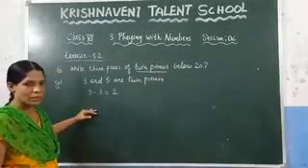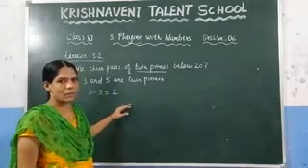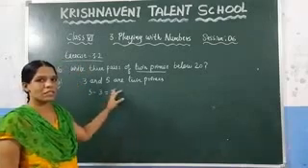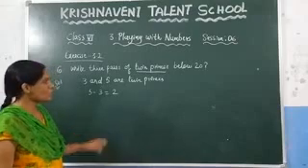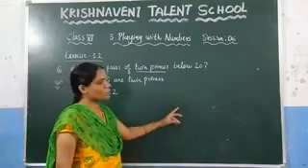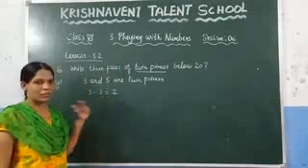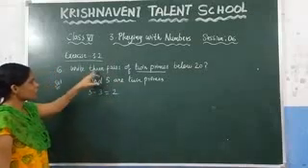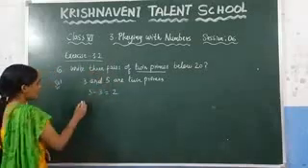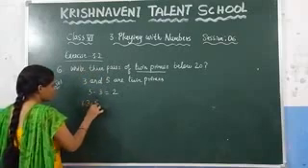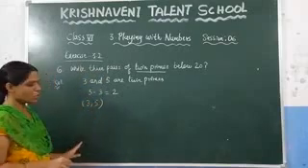What is meant by twin primes? If you consider any two prime numbers, if the difference is 2, then we can say that those are twin primes. Similarly, they said that you have to take the numbers below 20. You know that 3 and 5 are below 20. Now, you need to write 3 such pairs. One is 3, 5, right? You know that 3 and 5 whose difference is 2.